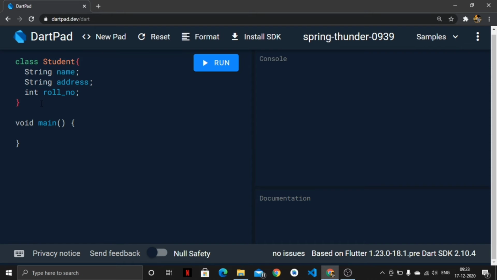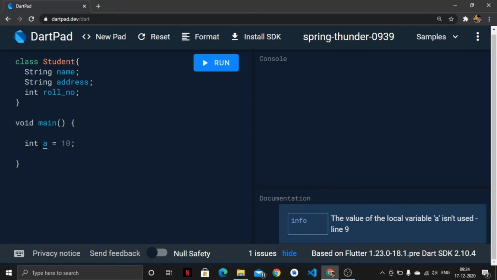So anytime any student would come and access our program, we will create a particular instance, meaning we will give him a particular copy of our template. Now how to create a copy? We would simply follow the same syntax in which we create an integer variable. We are creating an int variable of name a and having value 10.